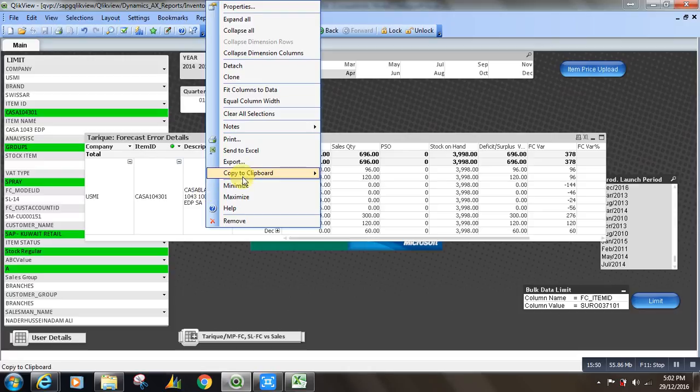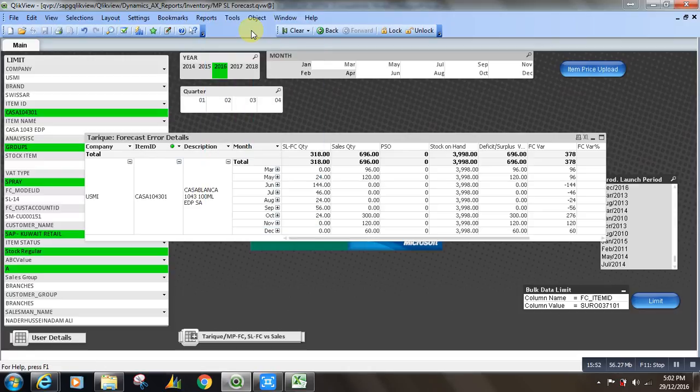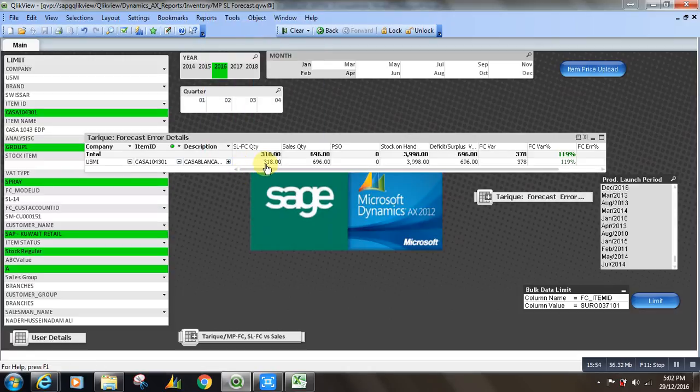So I have forecasted 318 pieces, sold 690. So how is it forecasted in 2017? So it is almost similarly forecasted in 2017. Now, if this is going to be the trend, which doesn't seem